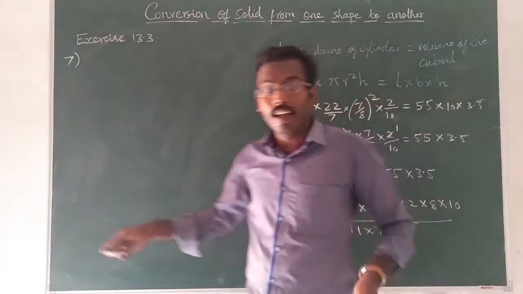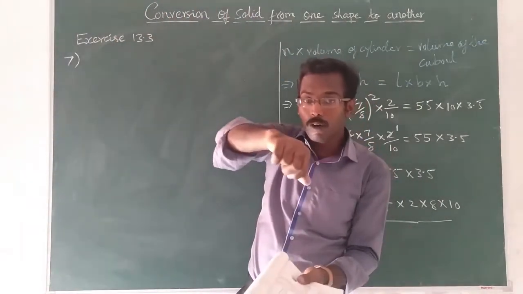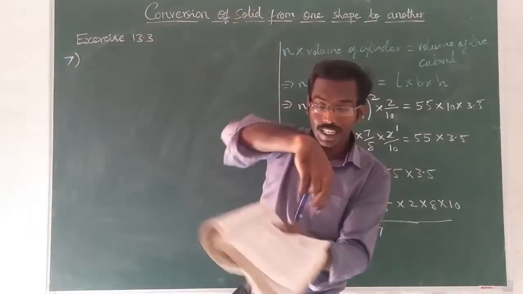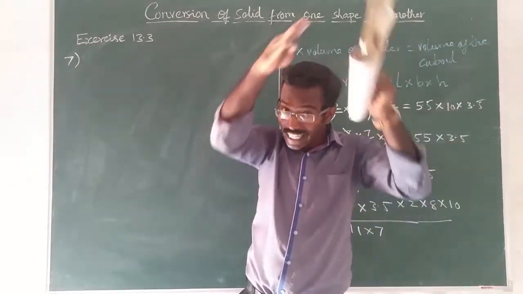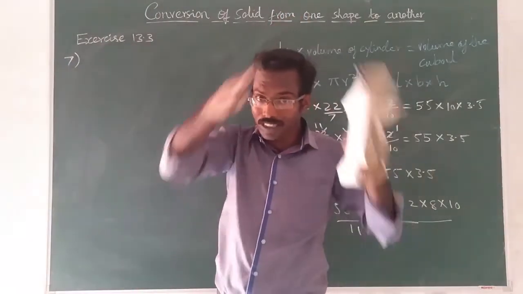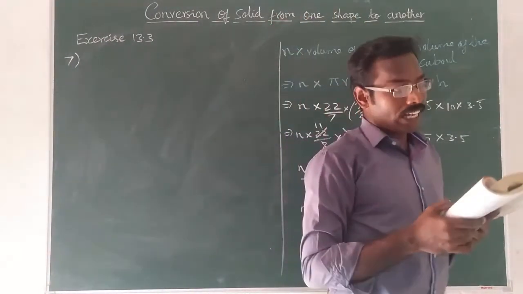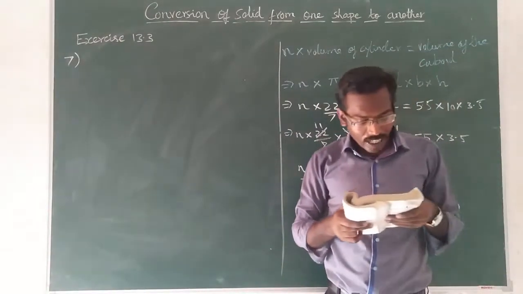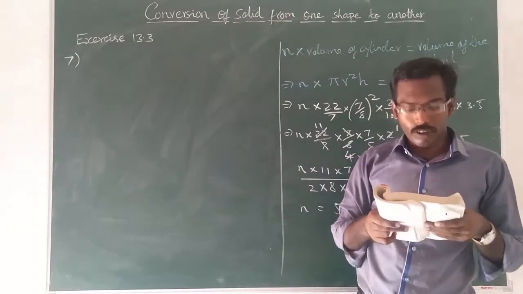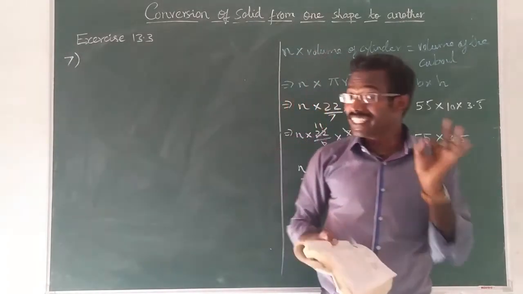So when you take a bucket of sand and you empty it in the air, what will happen? Automatically when you empty it will form a conical heap like structure. Yes or no? If you empty the sand, automatically cone shaped structure is formed. Well, that is what happened here. So a conical heap of sand is formed. If the height of the conical heap is 24 centimeter, find the radius and the slant height. It's very simple.